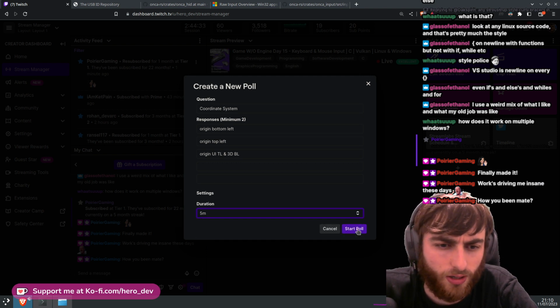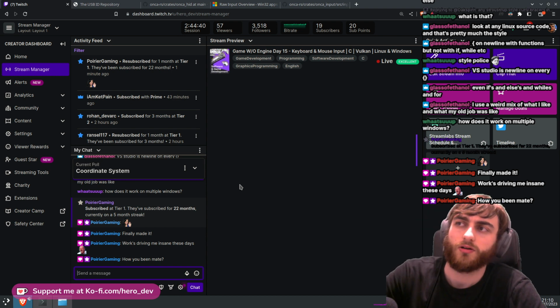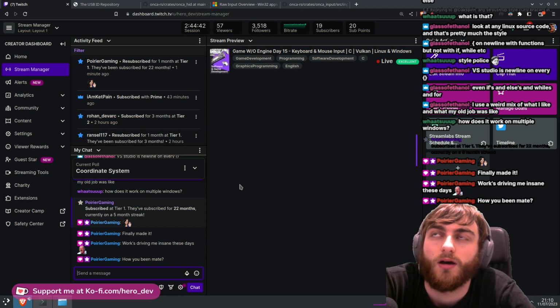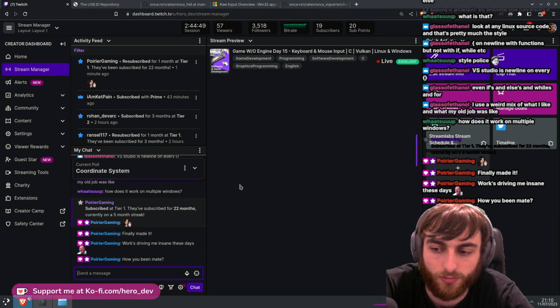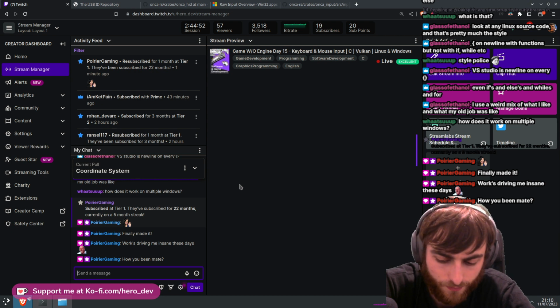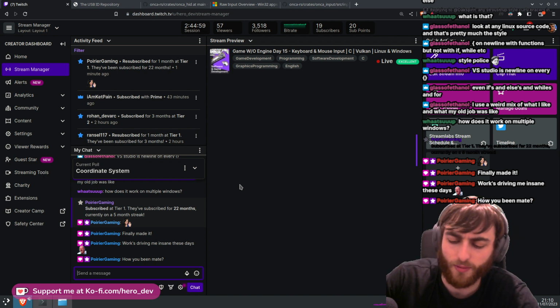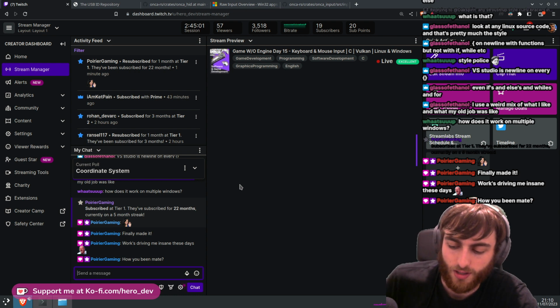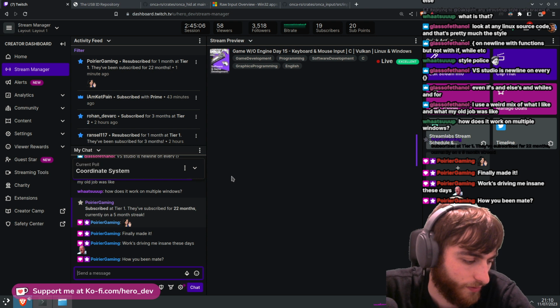I don't know. I'm kind of stuck on it. Like, I think for UI, definitely top left seems good, especially when you have like a window and you're drawing a window, right? But bottom left generally represents like a graph, and especially in a 3D environment, bottom left as origin just seems like it makes the most sense. But yeah,